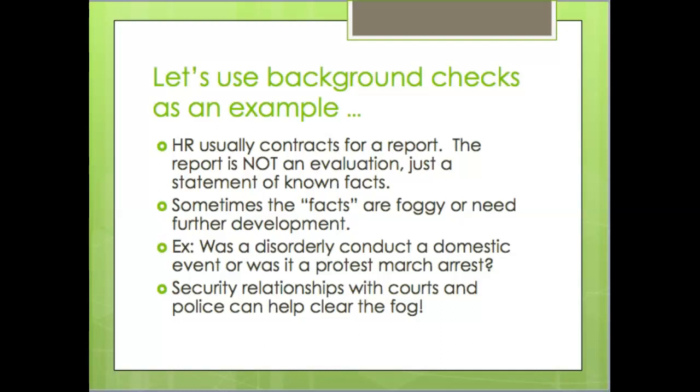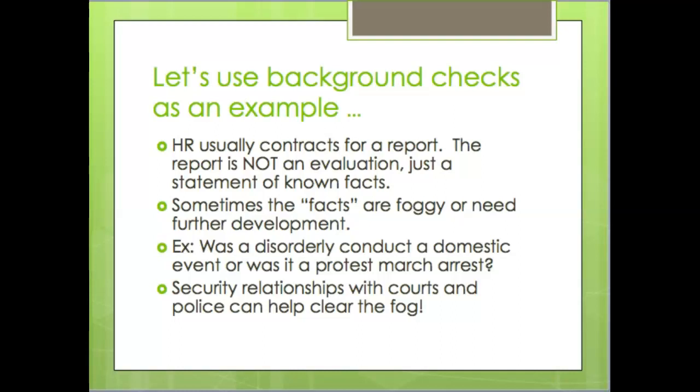And security departments normally have great relationships with courts and police. And in doing so, I can often make a call to a local police department or to someone in a prosecutor's office and say, hey, Brian was arrested 5 years ago for disorderly conduct. Do you know who the arresting officer was? Can I talk to them? Do they have any facts on the case? And the officer may tell me, oh yeah, he was drunk and he was swinging, he hit me and put me in the hospital, and this is a violent guy, I wouldn't want you to be anywhere near him. Great, I know that.